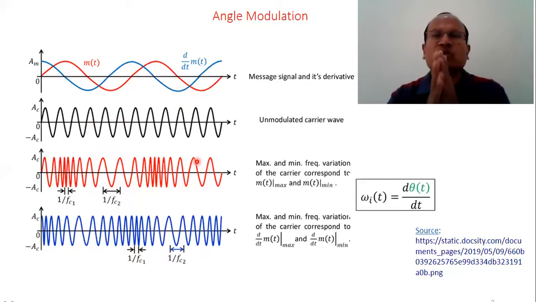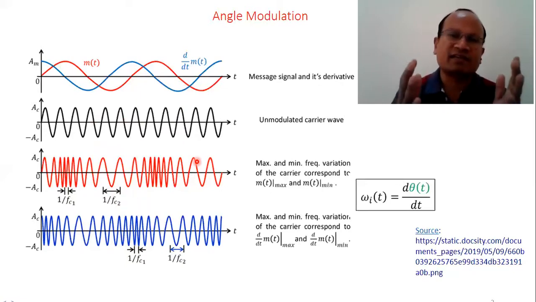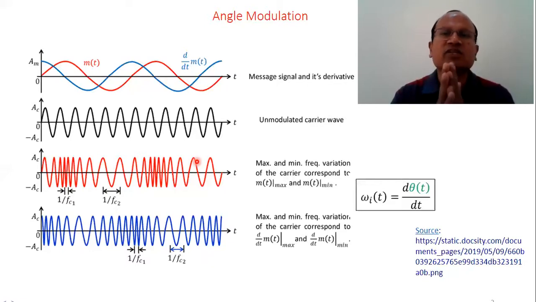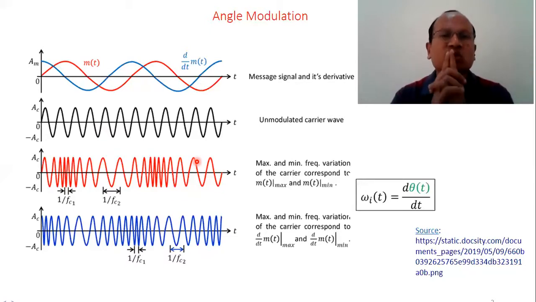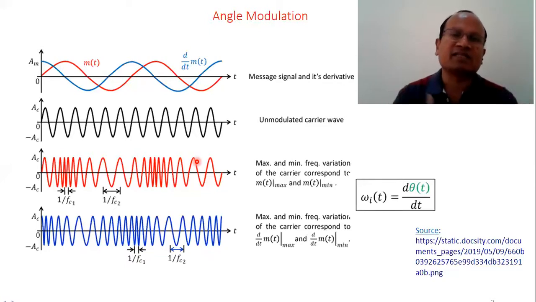So what do we know about the definition of an amplitude modulated signal? The definition says that the amplitude of the carrier changes according to the amplitude of the modulating signal. So in frequency modulation, the frequency of the carrier signal changes according to the amplitude of the modulating signal. In any modulation method, we will never change the frequency of the message signal. Otherwise, the content of the message signal will change. The message signal itself will change. That we will not do.